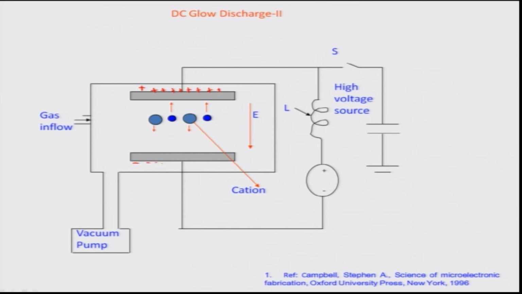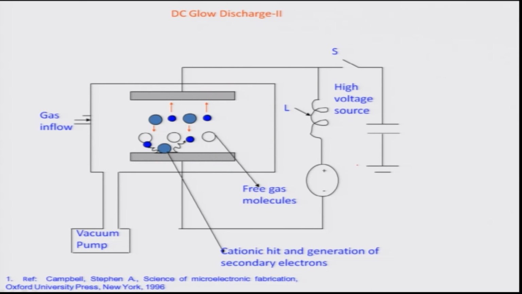So obviously the electrons would now start going towards the positive electrode as shown by these bright blue balls, and the dull blue balls, which are actually bigger in size, are the ions. They are going to go towards the cathode because they are cations, and they can actually go and bombard at a certain velocity, which is also dependent on the biasing voltage that has been provided to carry these along the plates. And the moment there is a bombardment of these heavy ions onto the metallic cathode, there is a production of secondary electrons as can be seen here,